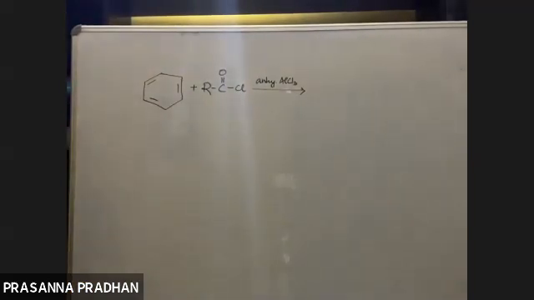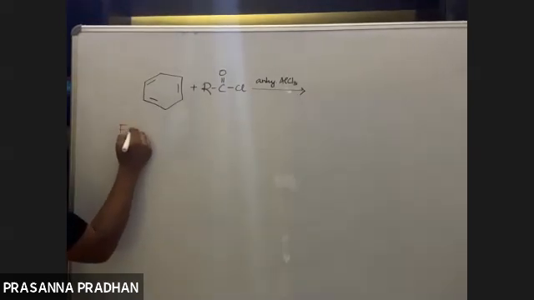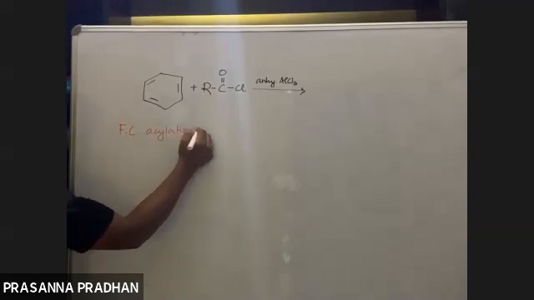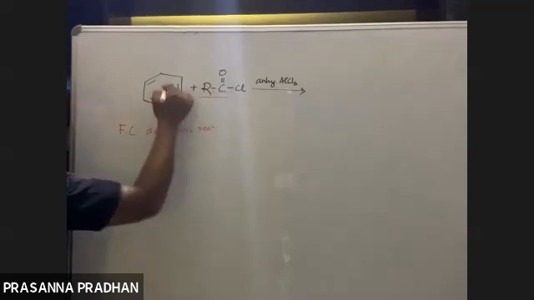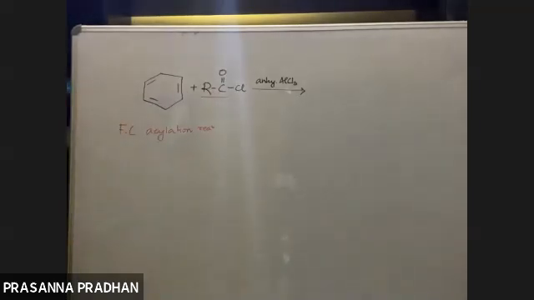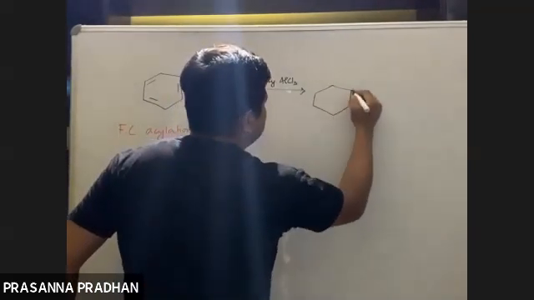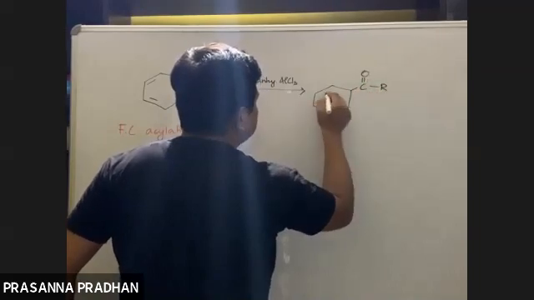What is the name of this reaction? Yes, again, a very famous reaction, which is known as the Friedel-Crafts acylation reaction. Okay, acyl chloride. So here the RCO group will be introduced into the benzene ring. This acyl group, meaning the COR group, will be introduced into the benzene ring.